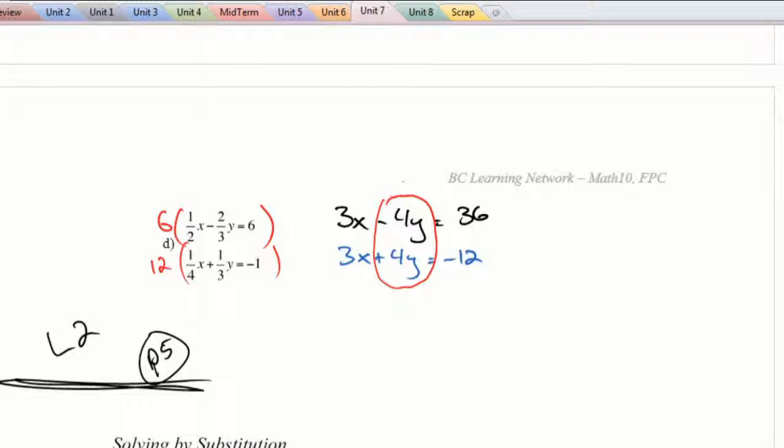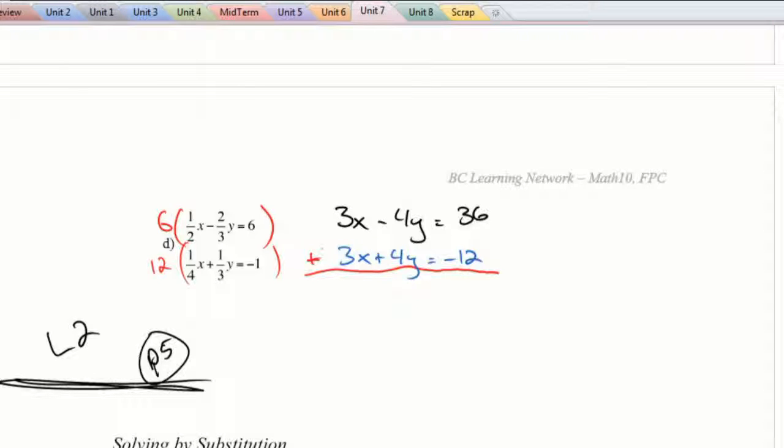So you could do 2 things on this question. You could add these together, which would probably be my first choice, and that would get rid of your y's, which is kind of nice. Or you could subtract them, and if you subtracted, you'd get 3x minus 3x, and that would get rid of your x's. And we get negative 4y minus 4y, so we'd end up with negative 8y. So I'm going to add these things together,